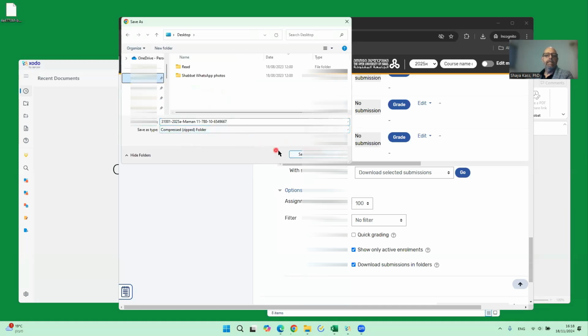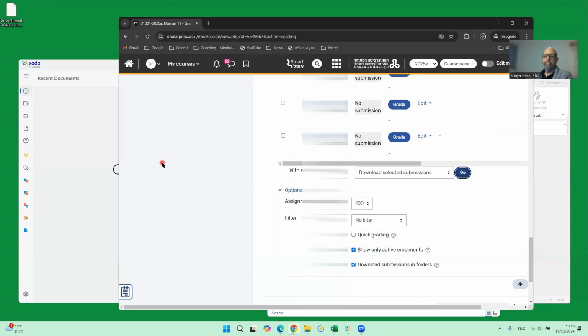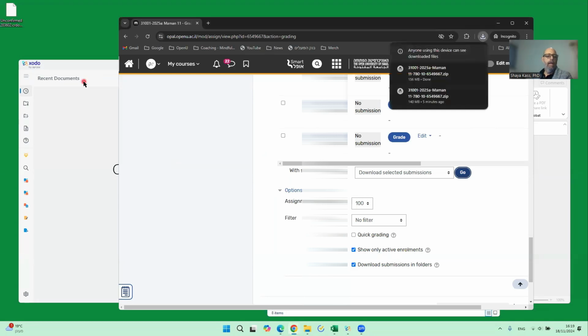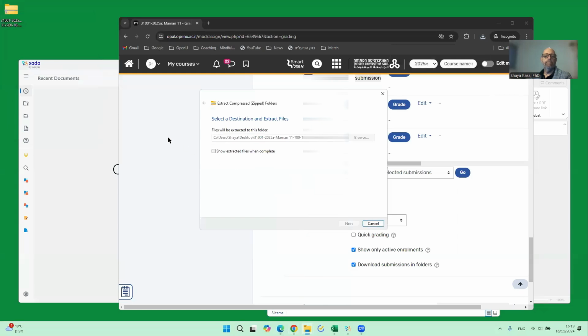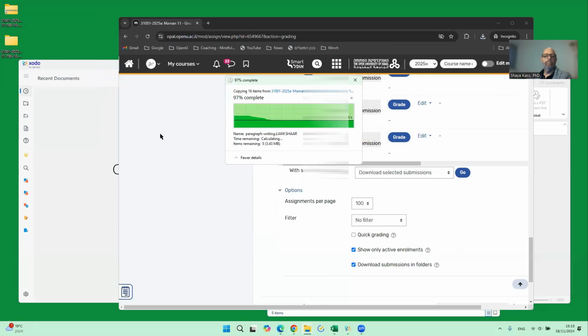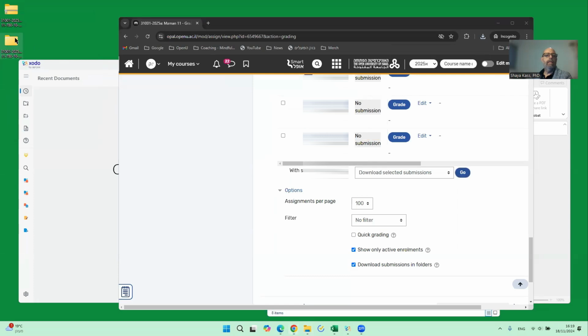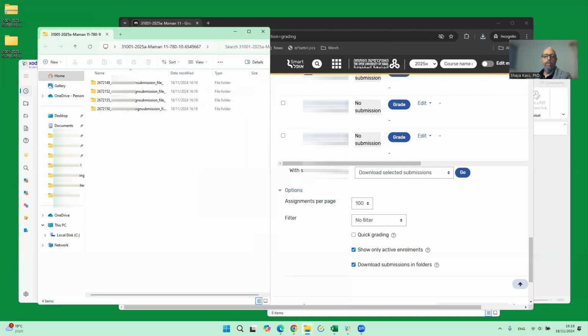And I'll save it on my desktop. And now you can see it's on my desktop. It comes as a zipped file, so I have to extract all. And here I now have a folder for each student. So what I'm going to do is